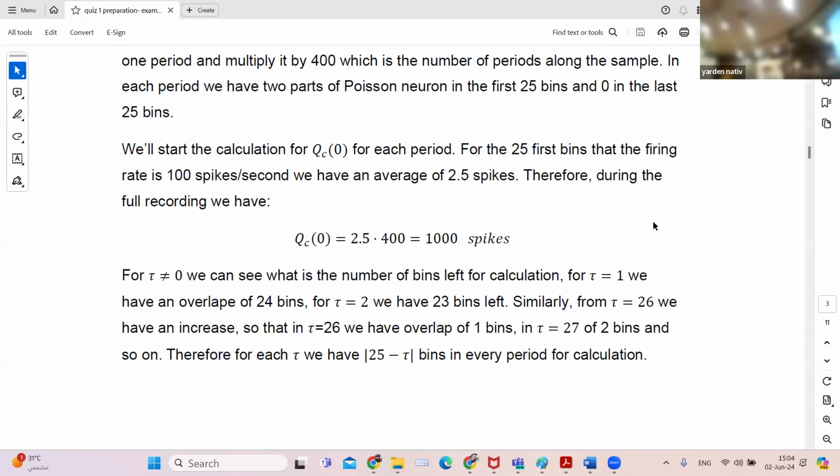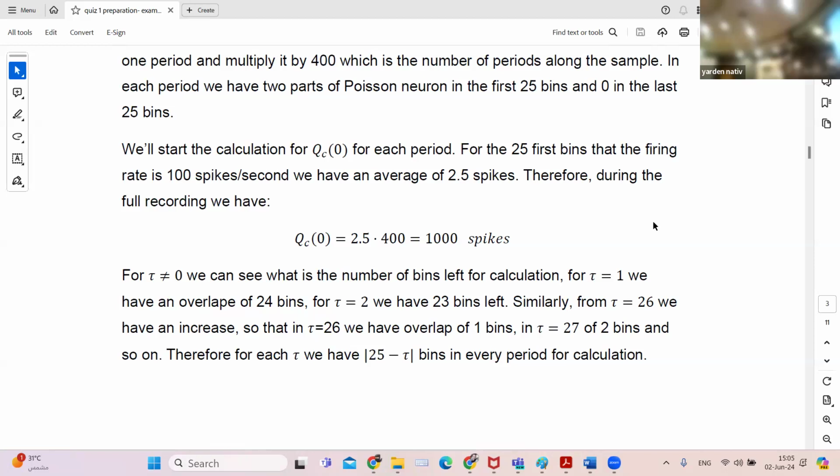So now what we need to do, so we have it for this one, so we said that this is 0.1 multiplied by 0.1, multiplied by 25, and then multiplied by 400. This is the count of every 50 milliseconds, right? Because every 50 milliseconds, there is a sawtooth meeting another sawtooth, fully overlapping.